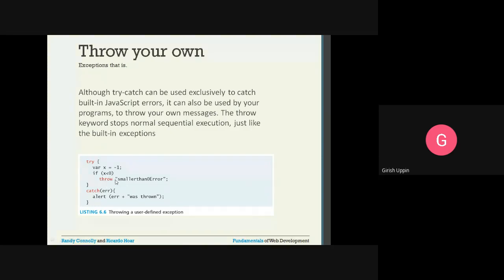Your program will end here, right? It will throw this error, and this exception will be caught by the catch block. The catch block will catch it, and it will say smaller than 0 error was thrown. You're just putting that text error plus appending was thrown.